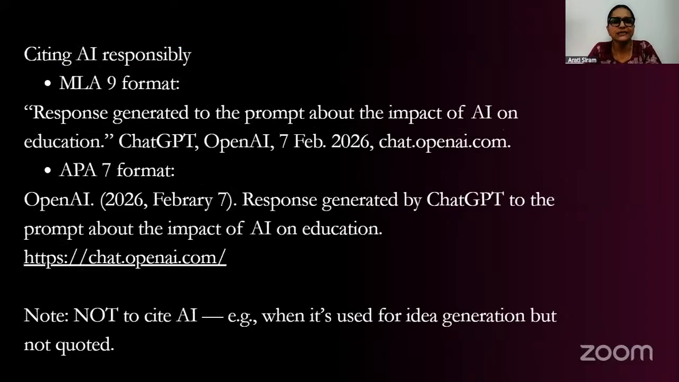Okay, so citing AI responsibly, because we know that whenever we use any kind of research material, secondary sources, primary sources, we add those in our footnotes, in our references, the bibliography and everything. Similarly,